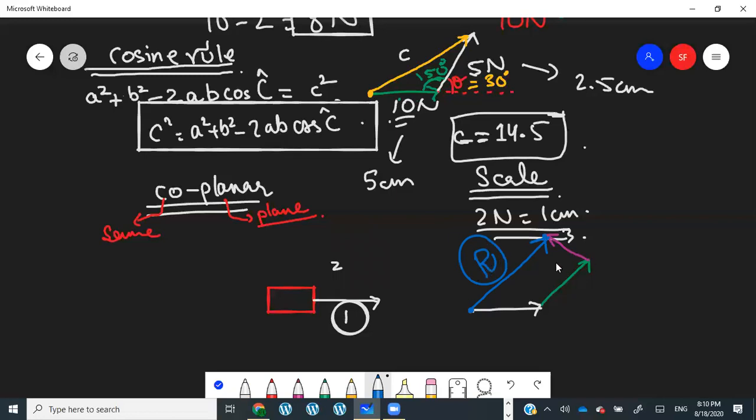He just asks you to identify what the resultant is going to be. But if you want to calculate the value of the resultant, it's pretty simple. If you look at this, this is actually a trapezium, so you can use the formulas of trapezium,